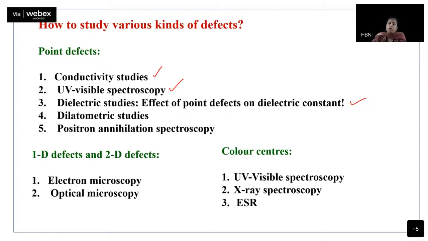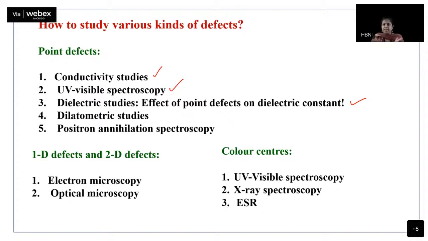Dielectric studies. How do dielectric studies work? What is a dielectric constant? It occurs due to polarization in the material. You apply an electric field, your positive ion and negative ion, even if they are not mobile, will slightly shift. The negative ion will go towards the positive, the positive ion will go towards the negative. Okay. Now suppose you have a defect. The negative ion is not present at all. Okay. This will not be just one case, there will be many such cases. So this will affect the dielectric constant depending upon the separation of these ions. Now one of them is not present.